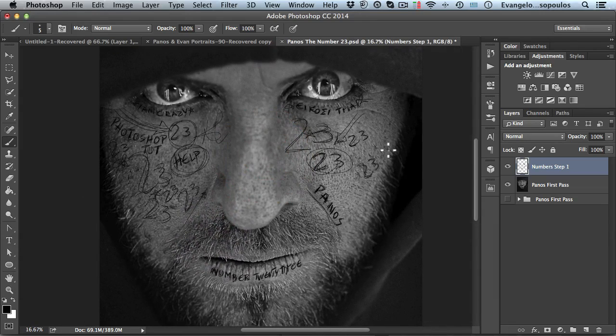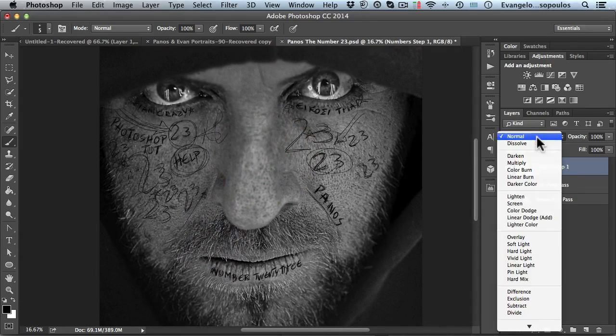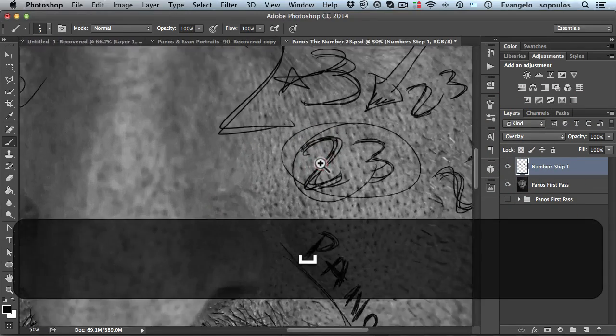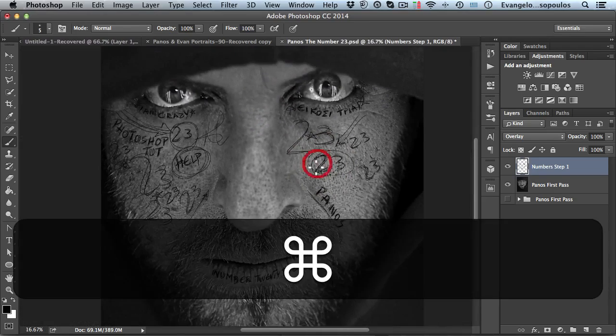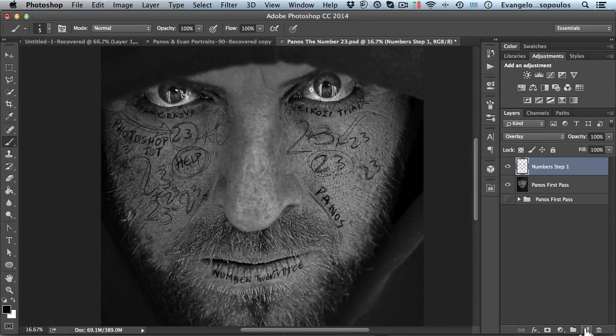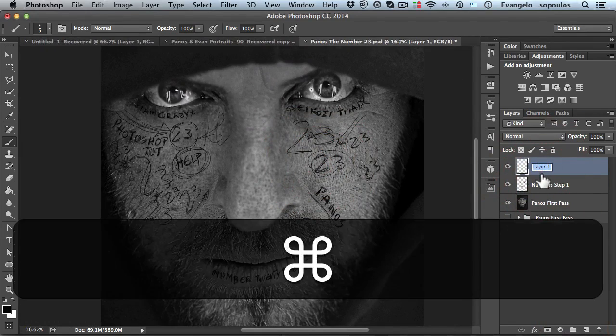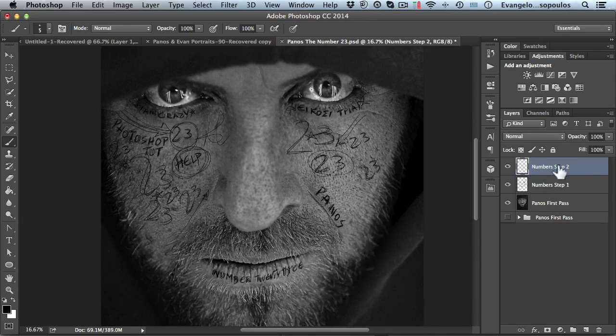So this is my first step, as you can see. Of course, I will change the normal blend to overlay in order to mix it better with the face. My second step will be a new layer. Of course, I will copy this name and paste it as well, because as I told you, it's really important to put names in your layers. And of course, if you want to write